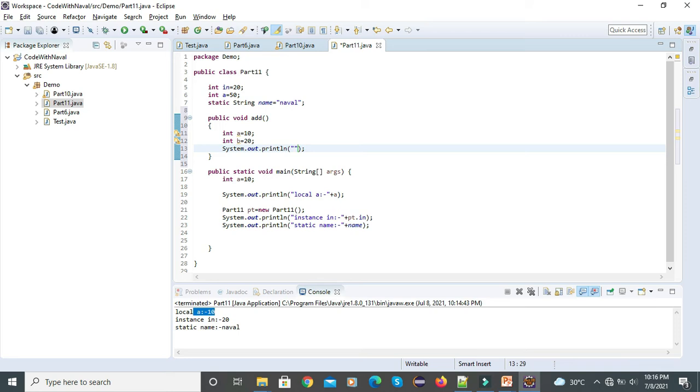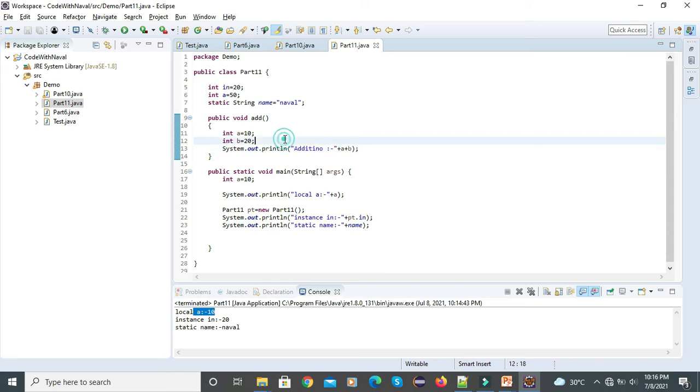I'll simply define here addition, and if I directly mention here plus a plus b, I'll show one issue will come here. I'll show that first and then we will resolve that issue.